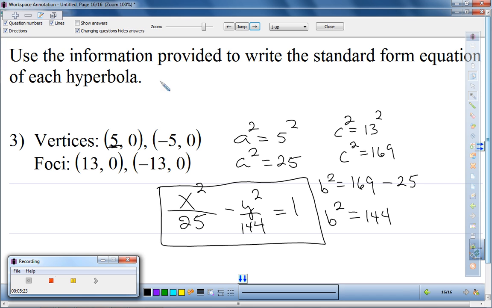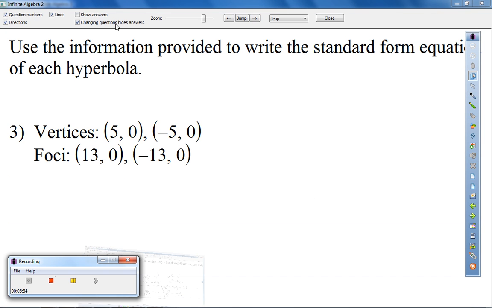Okay, and so that's how we can come up with an equation of a hyperbola given this information. But I guess we'll go ahead and check our answer. This is what we came up with, and